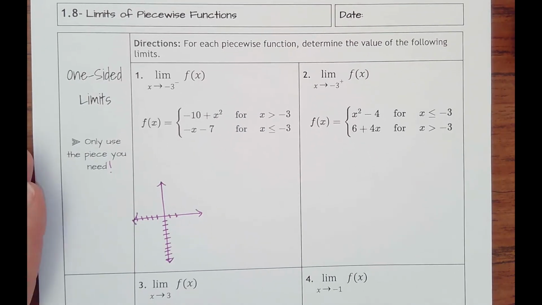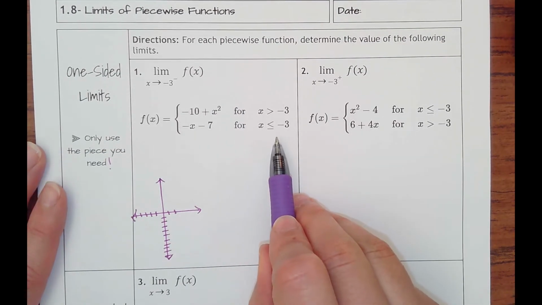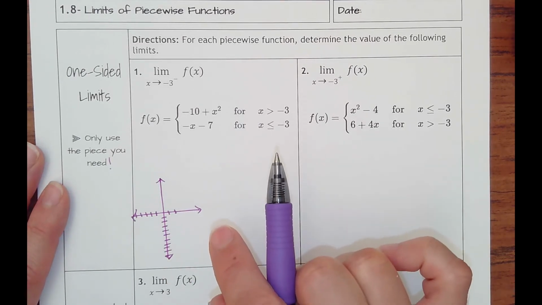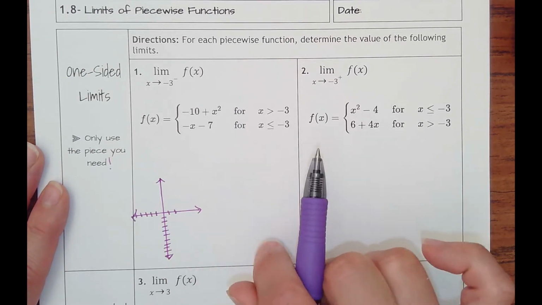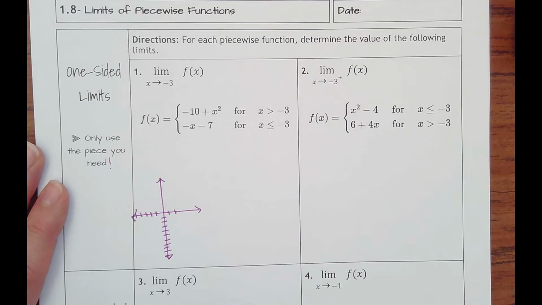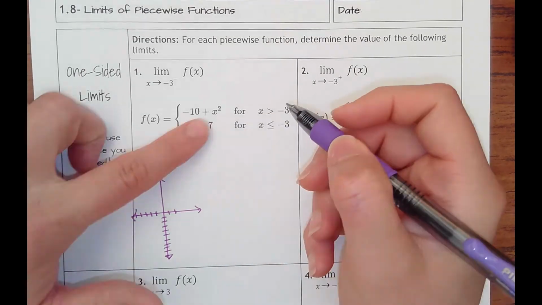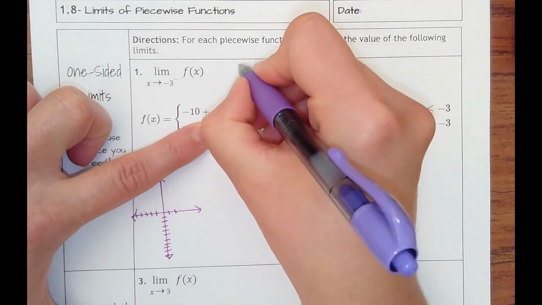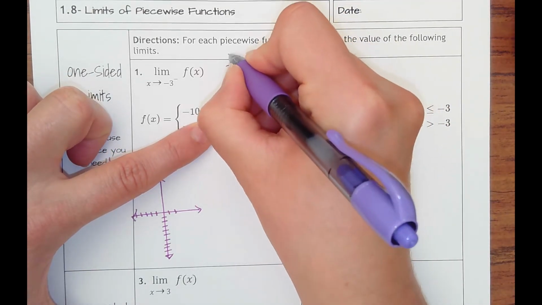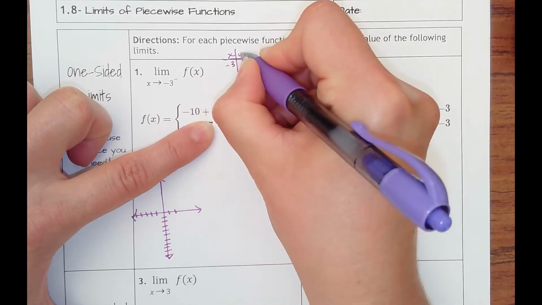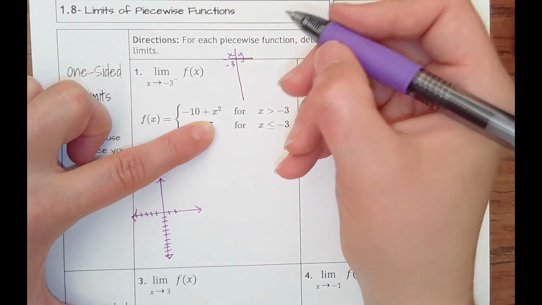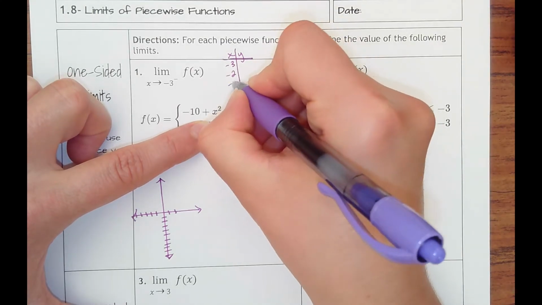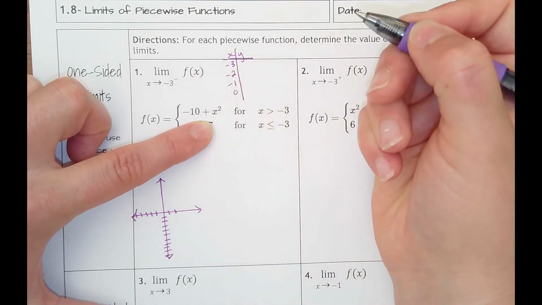And before we start plugging stuff in, I want to graph this, just remind you what piecewise looks like and how you graph it. Then hopefully that will make it make more sense when there's no graph. All right, so for this first piece, this piece only exists for x values greater than -3. So if I were to make a table, I would pick some values greater than -3, which would be like -2, -1, 0, and then we plug them